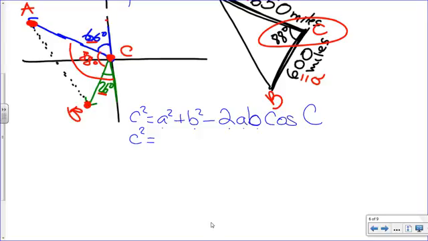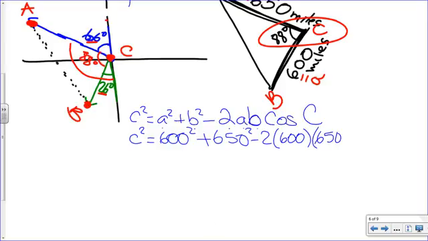So for A, we have 600. For B, we have 650. And then 2 times 600 times 650. And then times the cosine of 88 degrees. Okay, and since we're trying to get done with this lesson, I'm going to go ahead and write the answer for you. So c squared is equal to